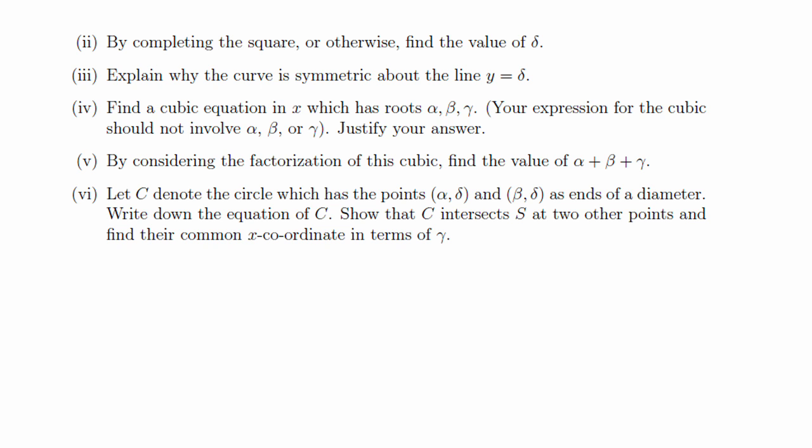Part 6. We know the centre of the circle is at alpha plus beta over 2, 1/2. If we write down the equation for the circle and substitute for y minus 1/2 squared, we get a cubic equation for x. Now this cubic has an x squared coefficient of 1, so the sum of its roots must be minus 1. We already know two of the roots, they're alpha and beta, so the other root must be minus 1 minus alpha minus beta, which is equal to gamma minus 1.